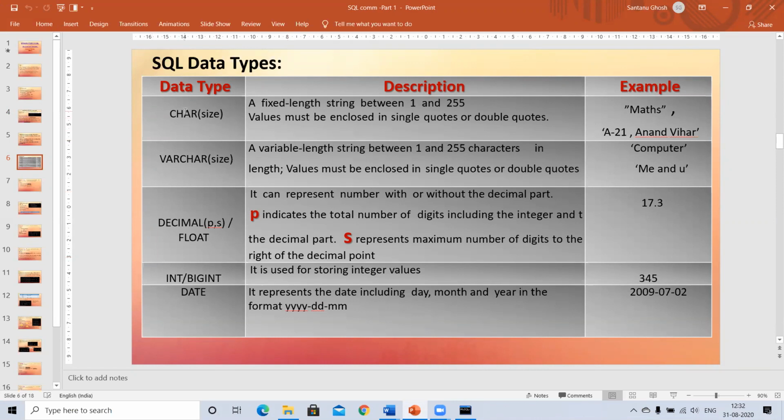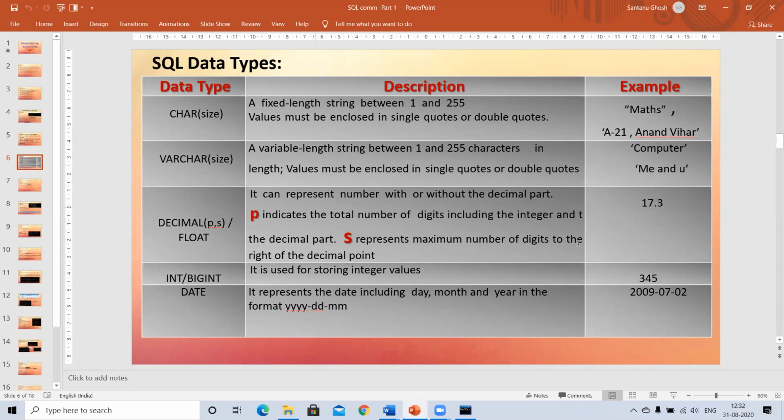This is something we started discussing, and I think we did that also. That for string type information, I can either use char or varchar. Currently, we don't know the difference. For numeric data, you have either int or big int for integer values, and you have decimal or float for numbers with decimal point.